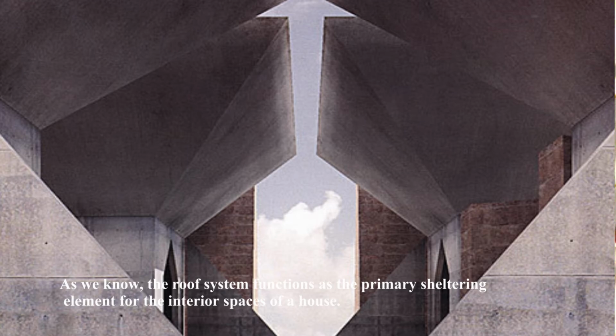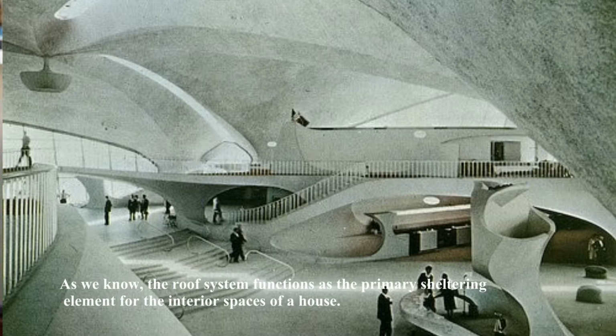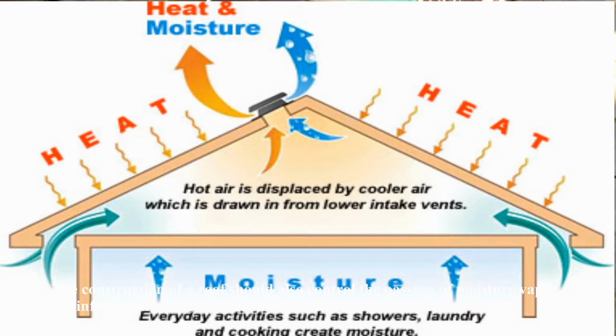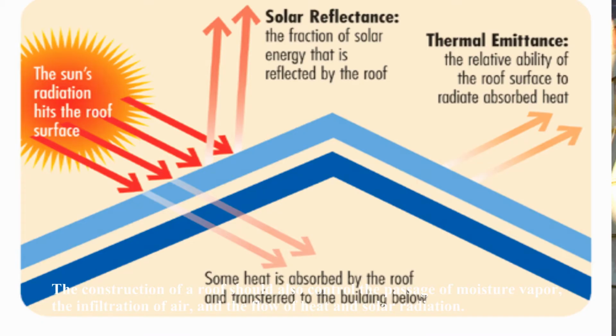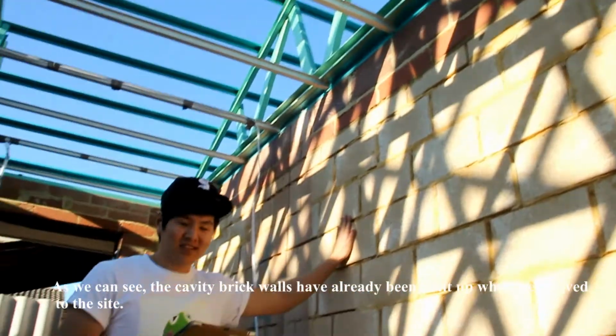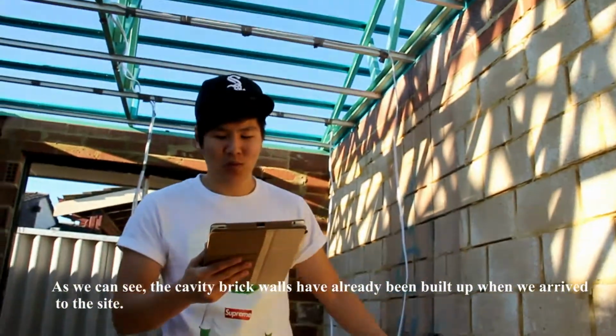As we know, the roof system functions as the primary sheltering element for the interior spaces of a house. The construction of a roof should also control the passage of moisture, the infiltration of air, and the flow of heat and solar radiation. As we can see, the cavity brick wall had already been built up when we arrived